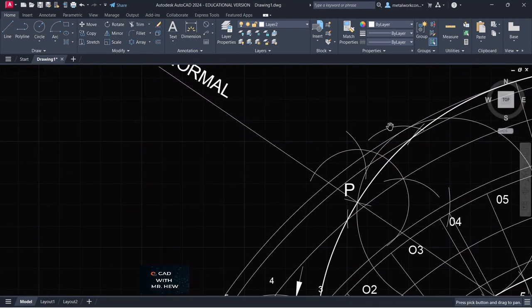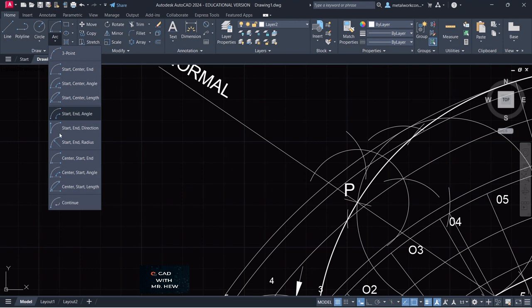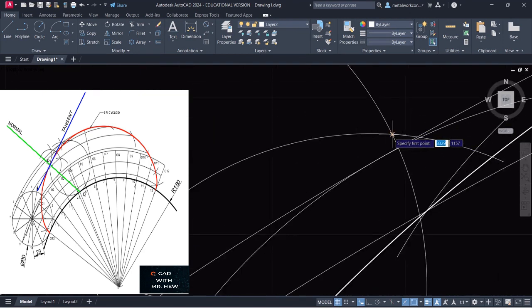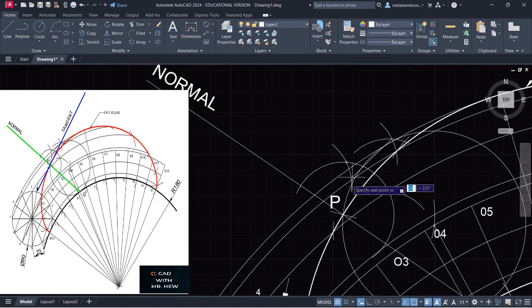So this is the arc we drew a while ago, this one. All right. We're going to draw another arc from here. So we're going to go arc, center, start, end, the radius will be 25. All right. So where these two arcs intersect now, that would be the perpendicular, which is the tangent. So from here, this point here, we draw a line to P,